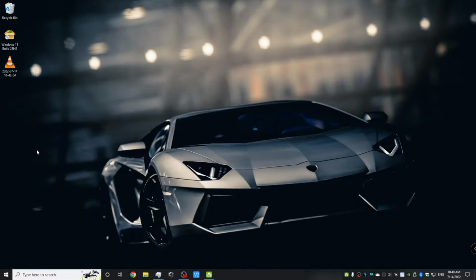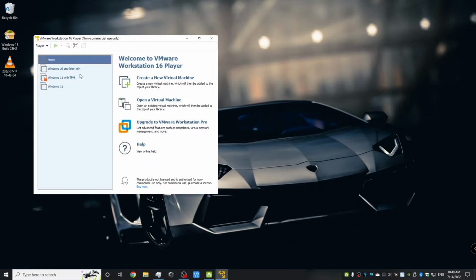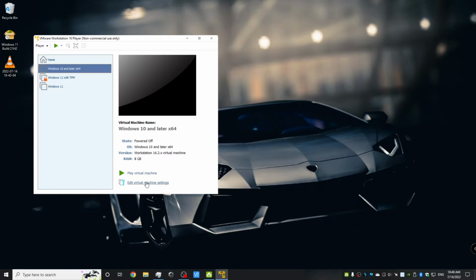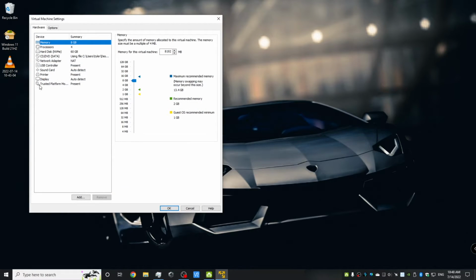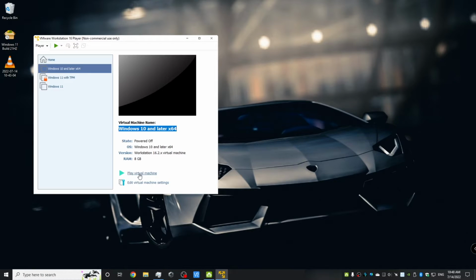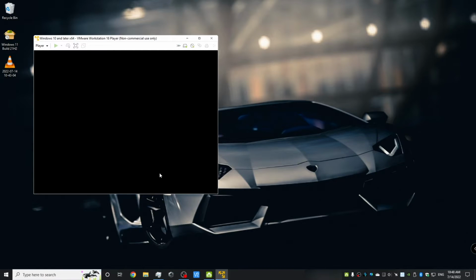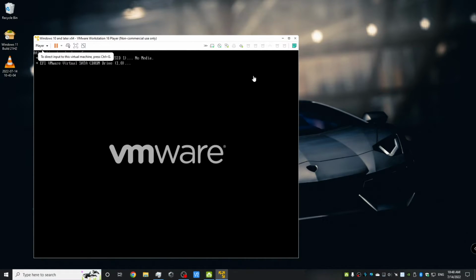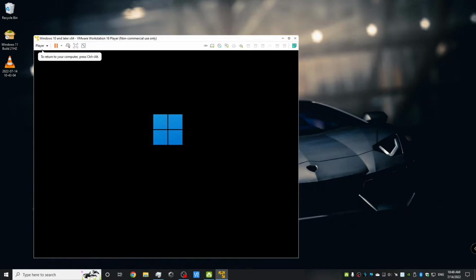Then we want to go to VMware Workstation again and locate the new virtual machine that you created. When we go to edit configurations for this virtual machine, you are going to see that a Trusted Platform Module has been added to this virtual machine. And now you can cancel out of this menu and then boot up the virtual machine because we've already linked the ISO to the boot up sequence. Then press any key to boot from the ISO. And upon boot up, you will see a normal Windows 11 installation.